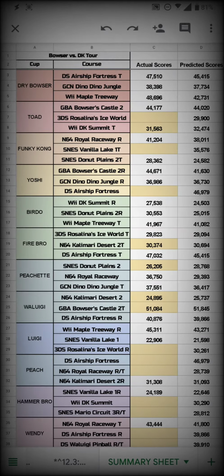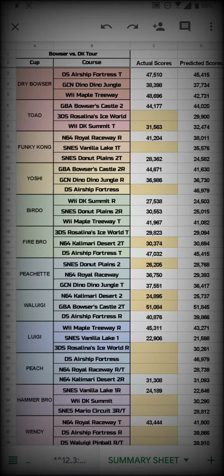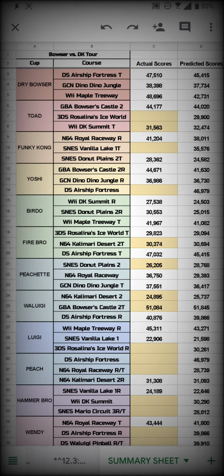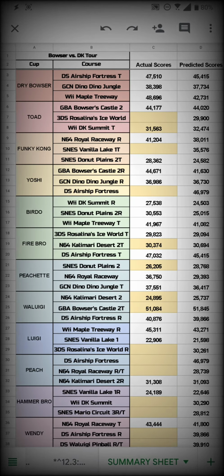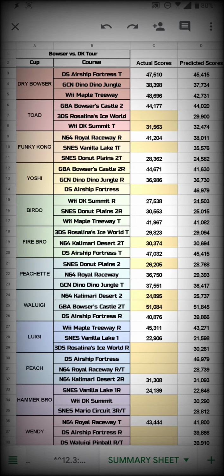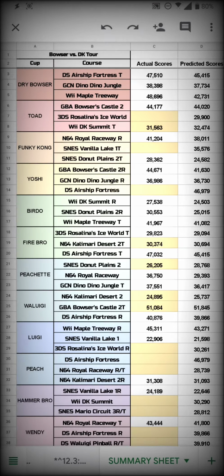So, right when the Bowser Tour came out, I was really excited. I was like, oh man, that Bowser badge, the trophy badge looks so cool. Definitely want to get the top 1000, but what if I could get top 100? I was looking at a lot of the courses, and due to the fact that it is a Bowser Tour, I've got a lot of the Bowser karts,